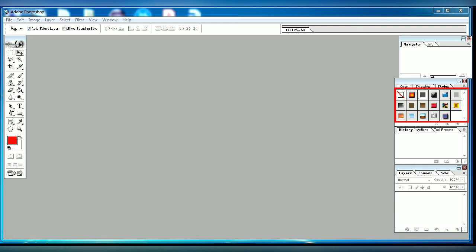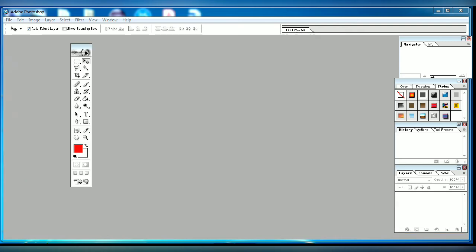Just below the color panel there is a history panel. You can see here you can access your document's history in the history panel and undo the changes easily. Just below the history panel there is a layer panel. Layers in Photoshop display all the layers in an image. It also shows the various effects applied to the layers.